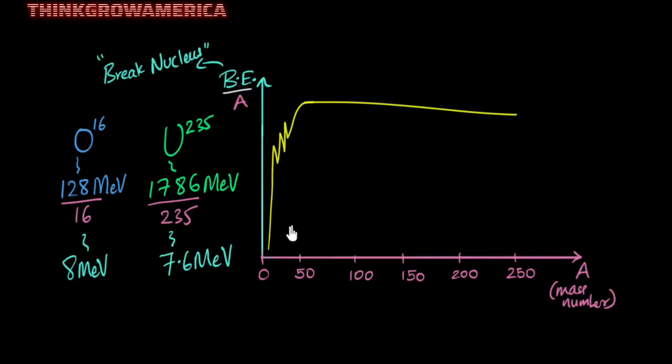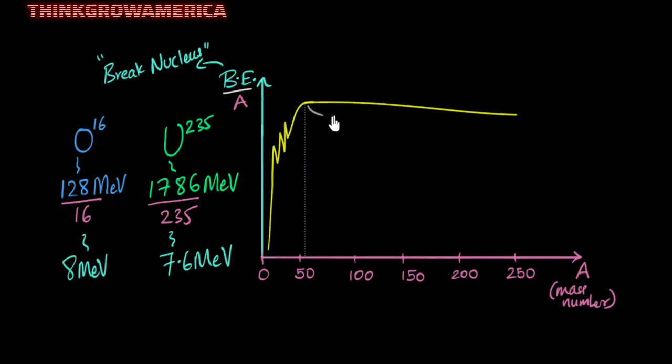So what is the graph trying to tell us? Well, it's saying that if you look at lighter nuclei, then as the number of protons and neutrons increases, as the mass number increases, notice the binding energy per nucleon, their stability basically, starts increasing. It becomes more and more stable. Then it reaches a maximum value and then slowly starts decreasing, but pretty much stays constant. And if you're wondering at this point, which element has the maximum stability, then that element turns out to be